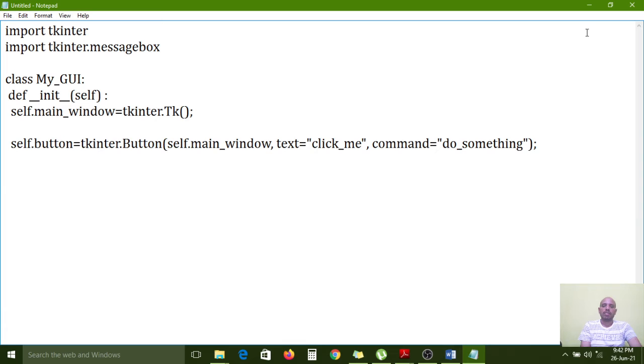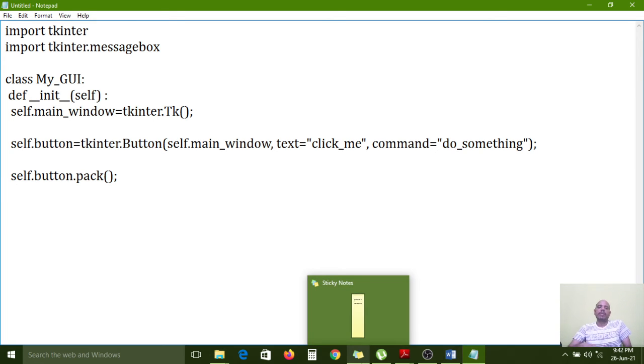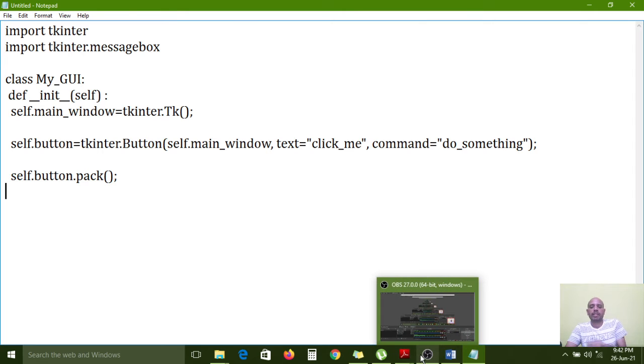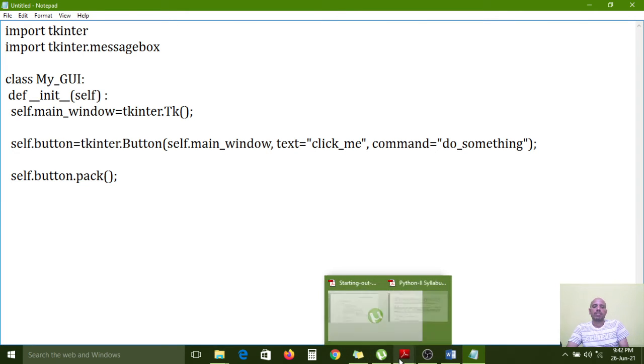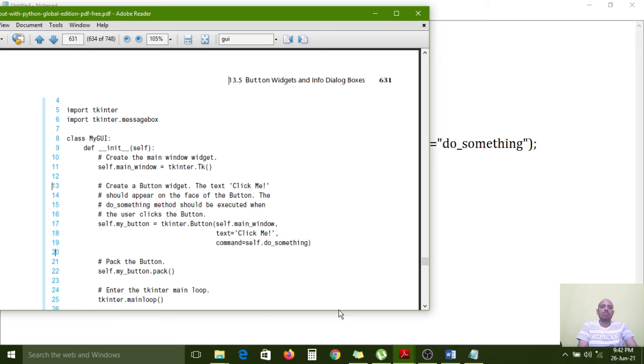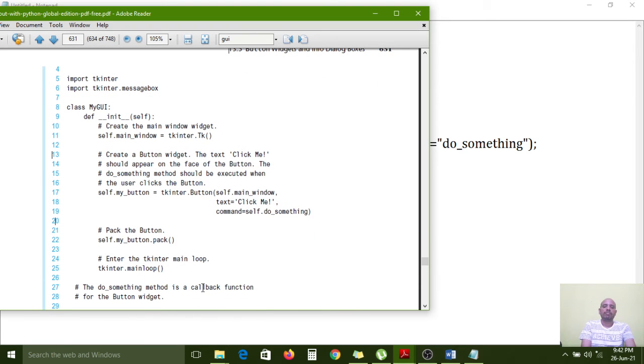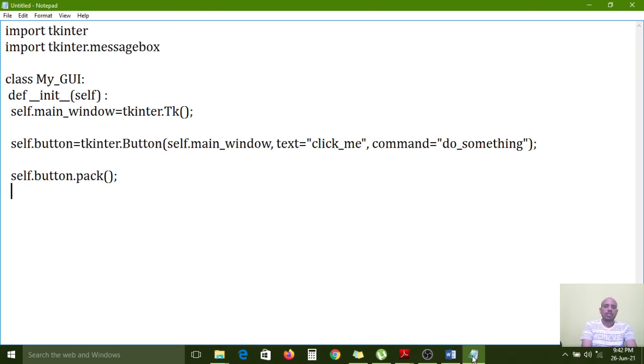Now I want to pack the button. self.button.pack method we have to use, right? Inside, the side parameter is optional. If you have any requirement, you can use it. Okay, right? So button packing is also over. Now the mainloop function is required. With two indentation levels, tkinter.mainloop function. The mainloop function is over.